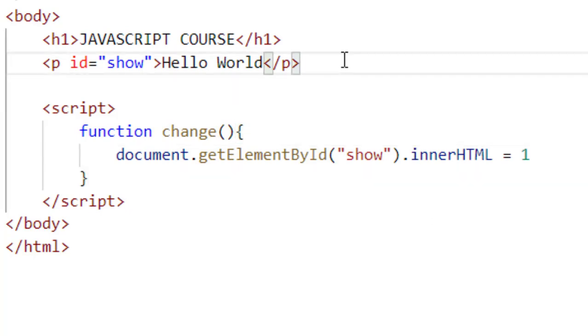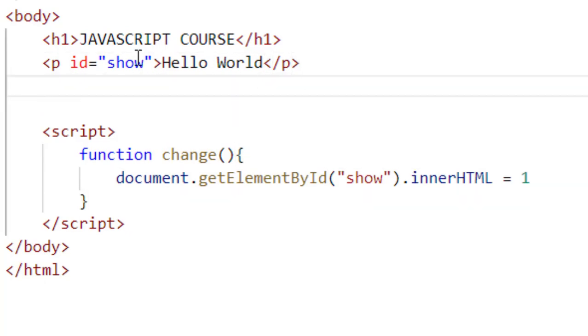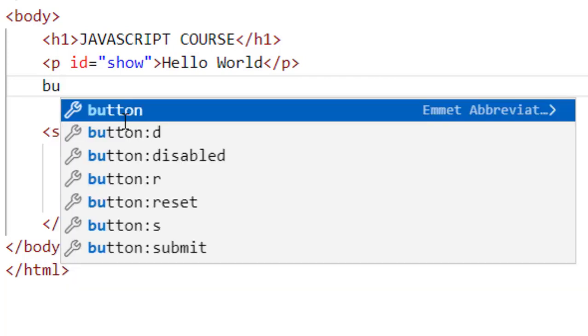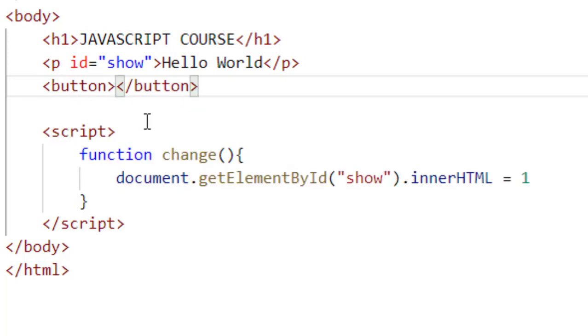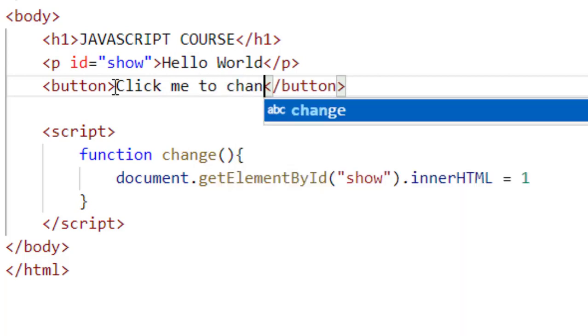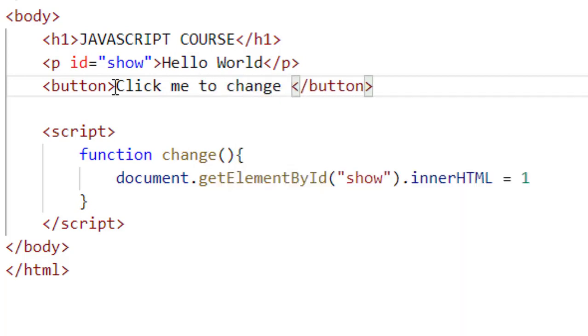Now note, what I want to do is run this function whenever you click a button. So what I'm going to do simply is create a button in HTML, and that button is going to say something like click me to change number. Okay, sorry.